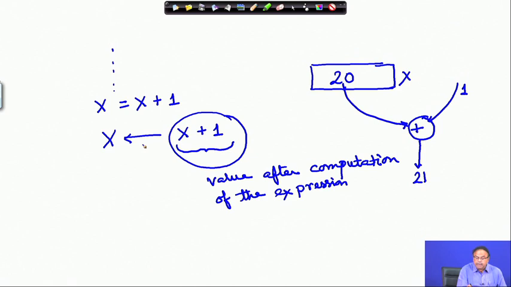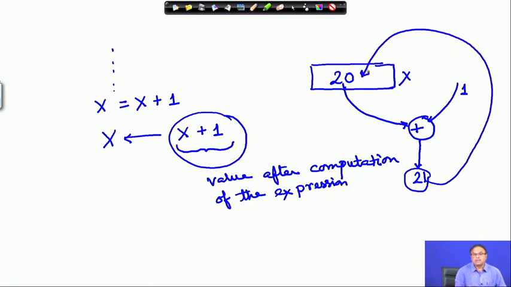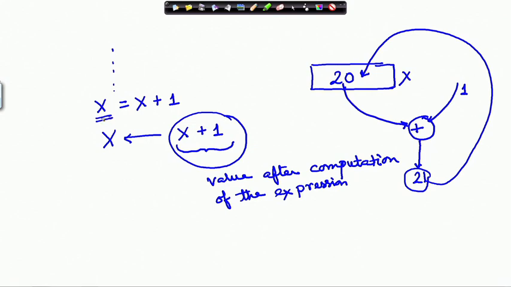Now, this assignment means whatever value you get after computation will be assigned to this. Why this? Because on the left hand side I have got the same location x. So this will be changed to 21.